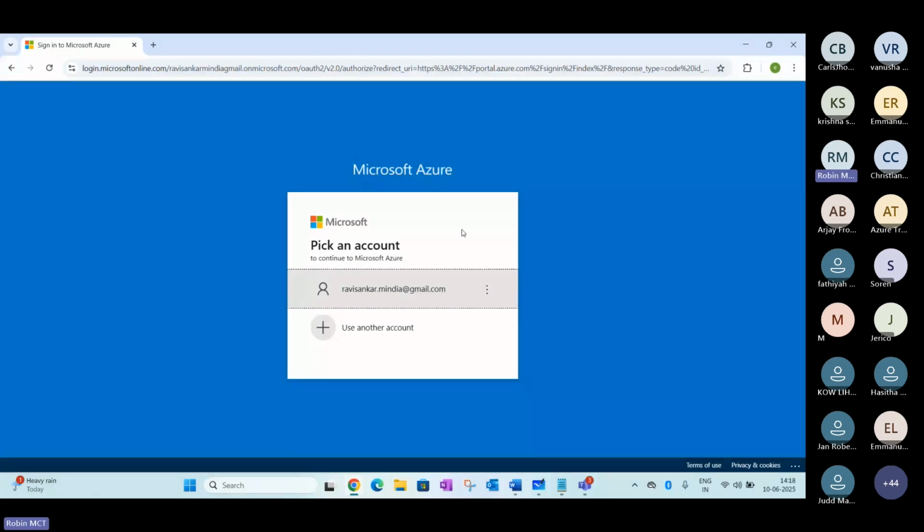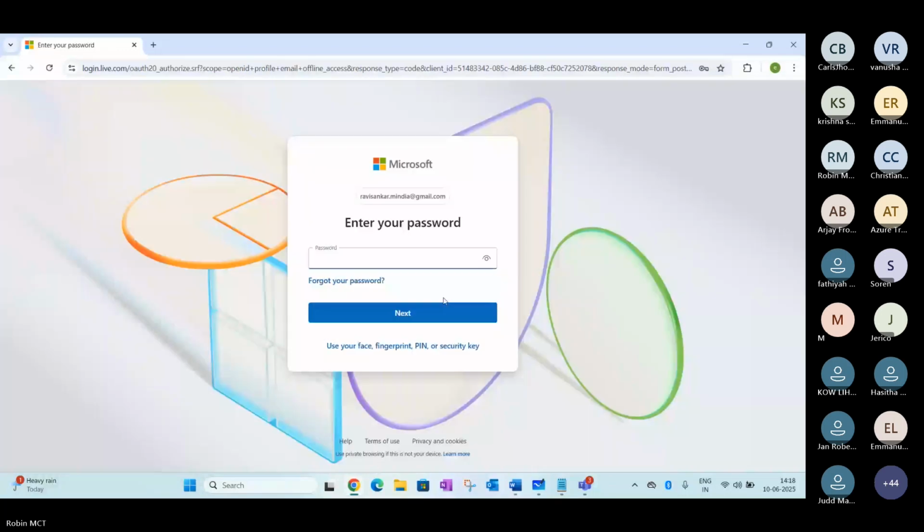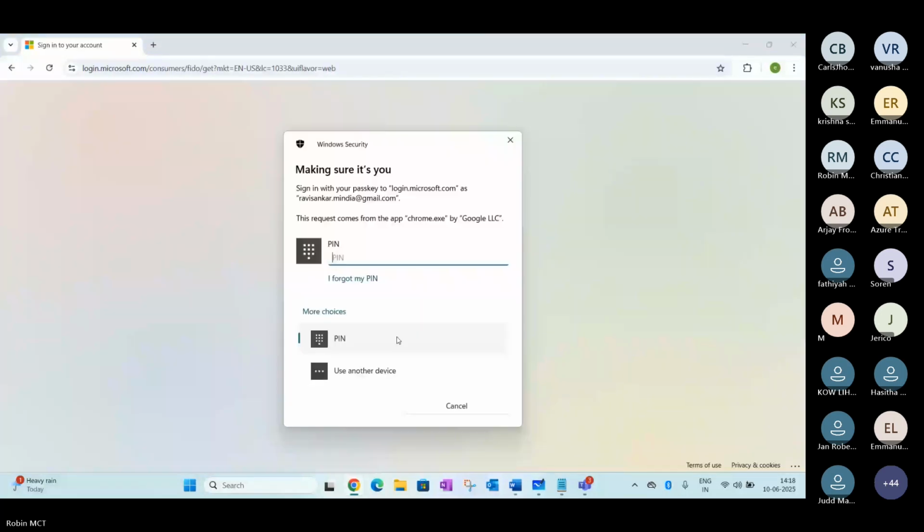You can see this has been connected here.